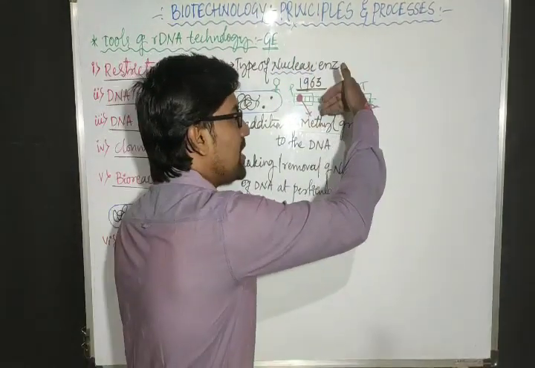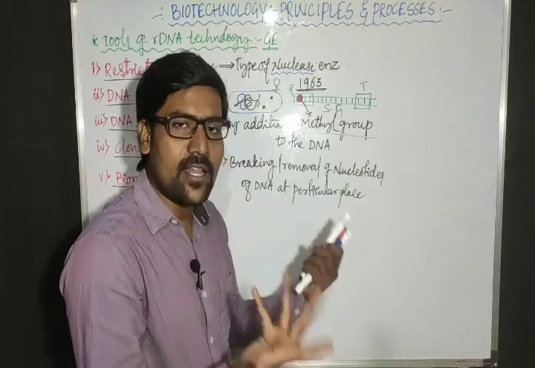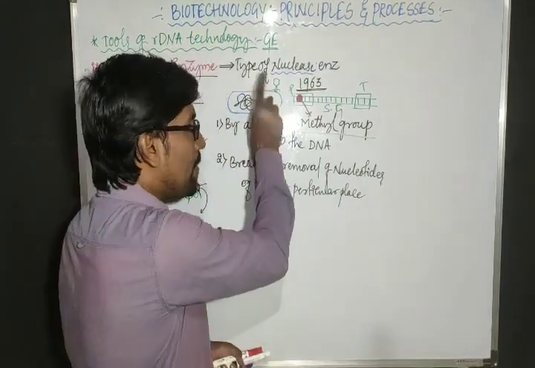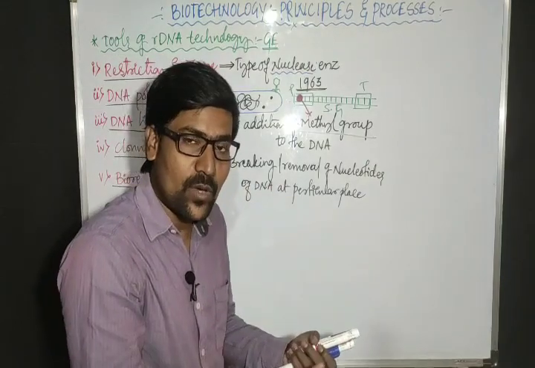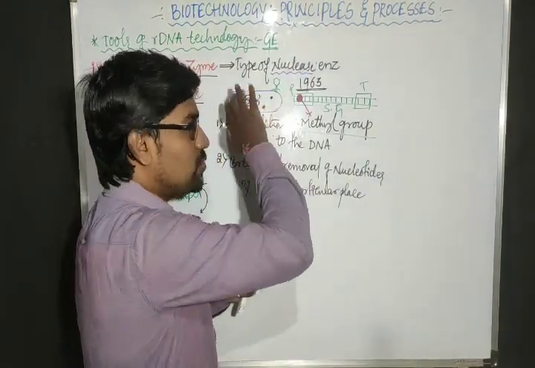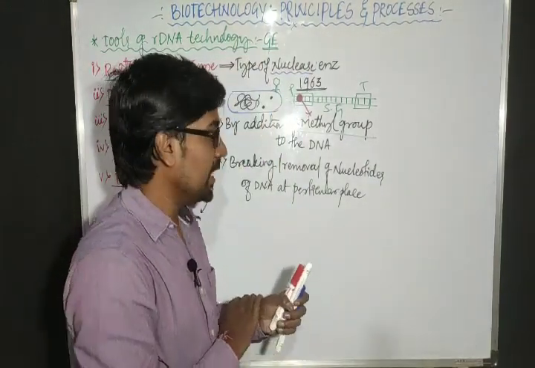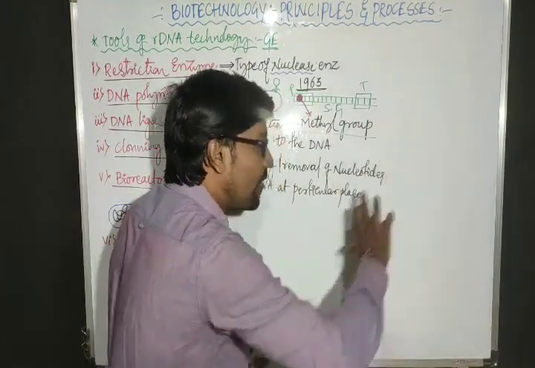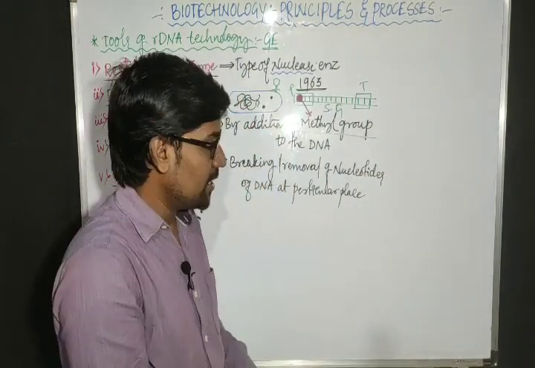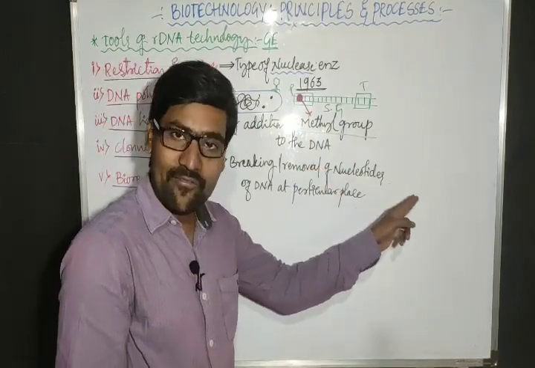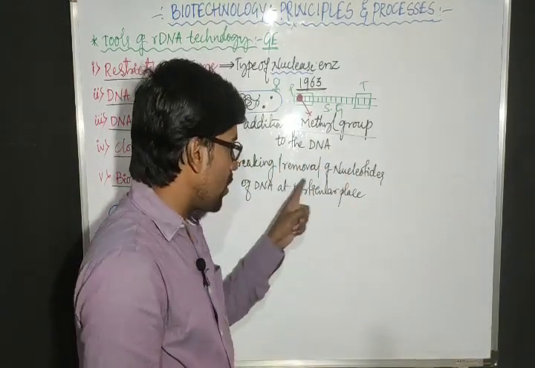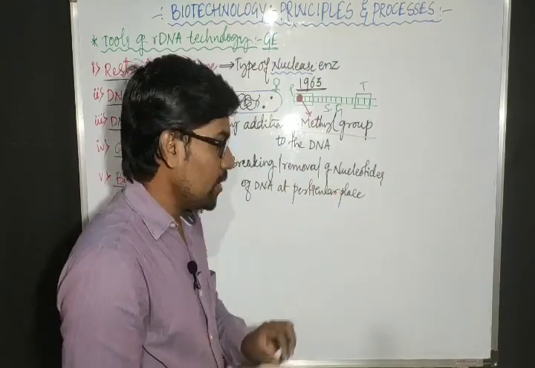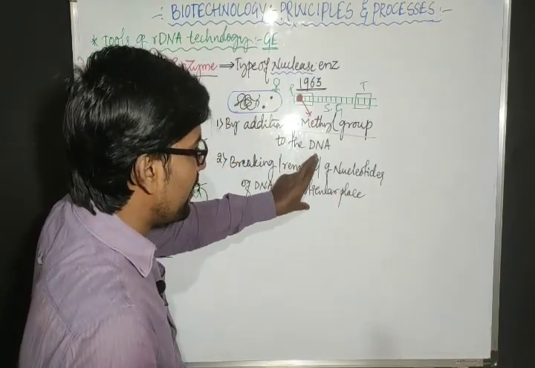When the nucleotides are removed from the particular place, then DNA will not work. Whose DNA? Bacteriophage DNA, which has entered inside. When the DNA will not work, then automatically bacteriophage growth is restricted. This is a special type of enzyme. What is its work? Its work is removal of nucleotides. Removal of nucleotides means breaking of DNA, breaking of DNA at a particular place. So this is a special category of enzymes.